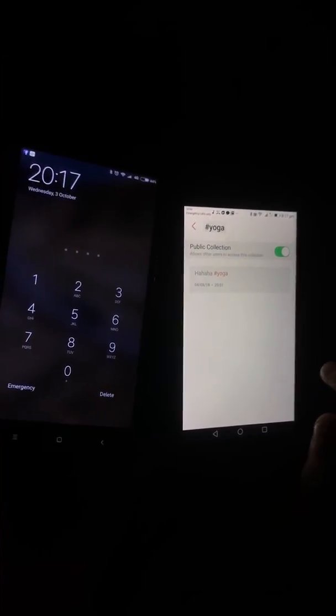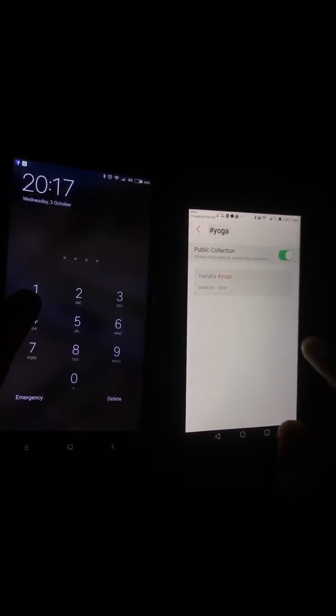Let's now look at collections. Let's open the yoga collection, which means that hashtag has not been applied to notes. But I'll show you. If I add something, let's say I go to collection and I open.